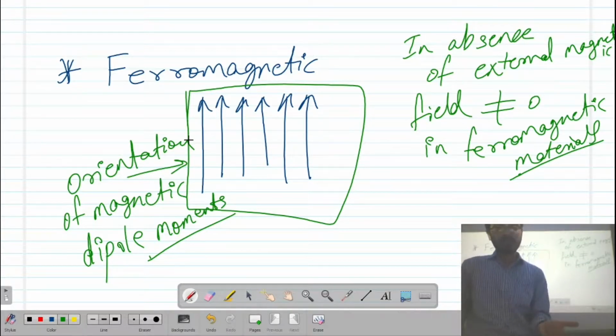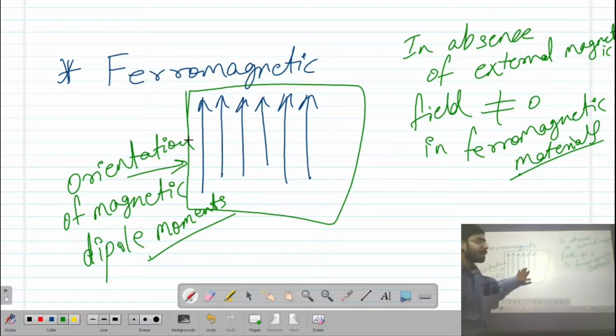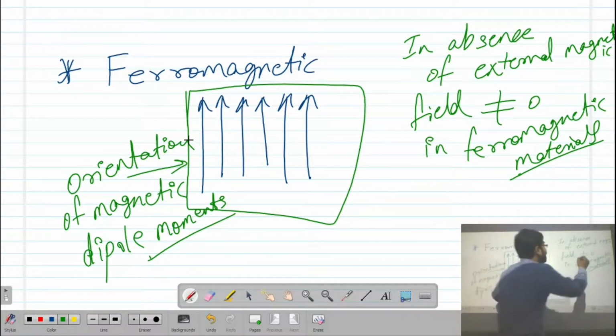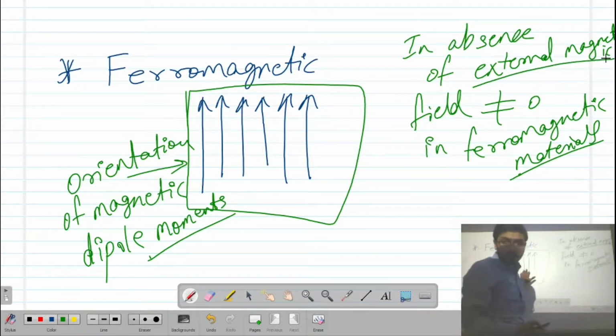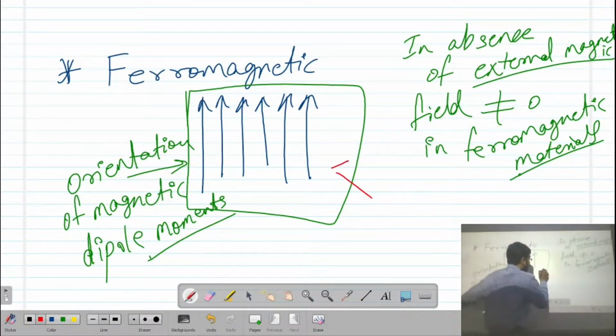A magnet is nothing but having permanent magnetic dipole moments. Understand the word, that is permanent. So without an external field or without any source also, it will be existing inside the material.